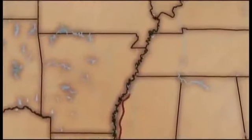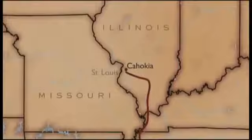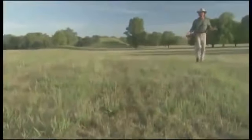The answer may be at the capital of the Mississippian Empire, Cahokia, near St. Louis, Missouri. This is Cahokia. It was the New York